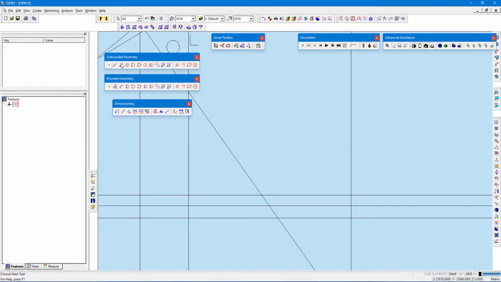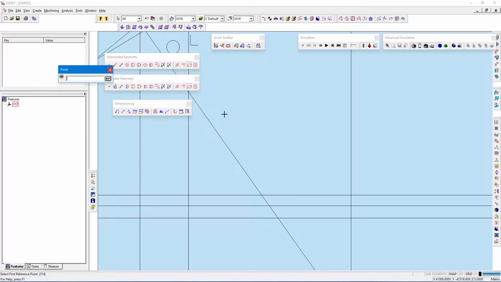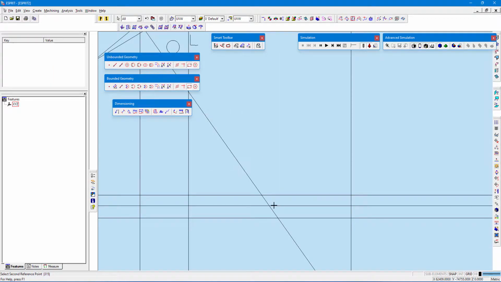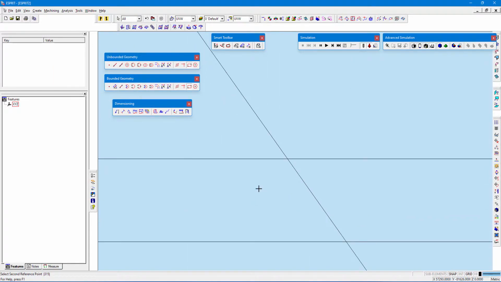And next is rectangle, which I will show you. I selected my rectangle, and I will select X and input X equal to 100, enter, and my X is locked for 100.